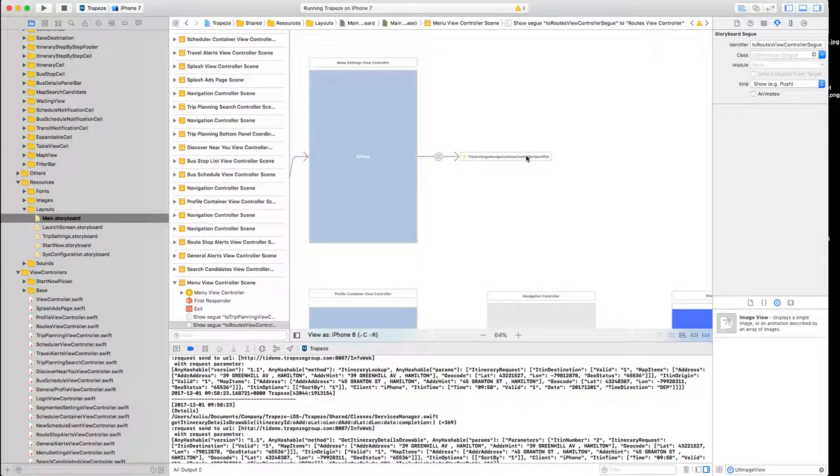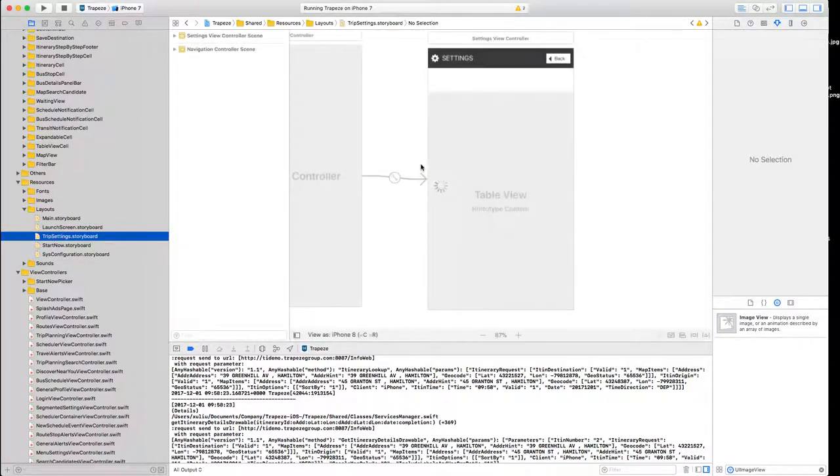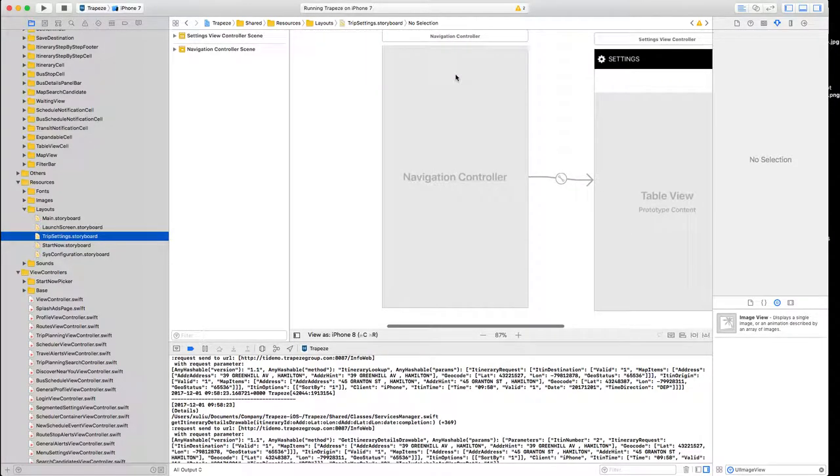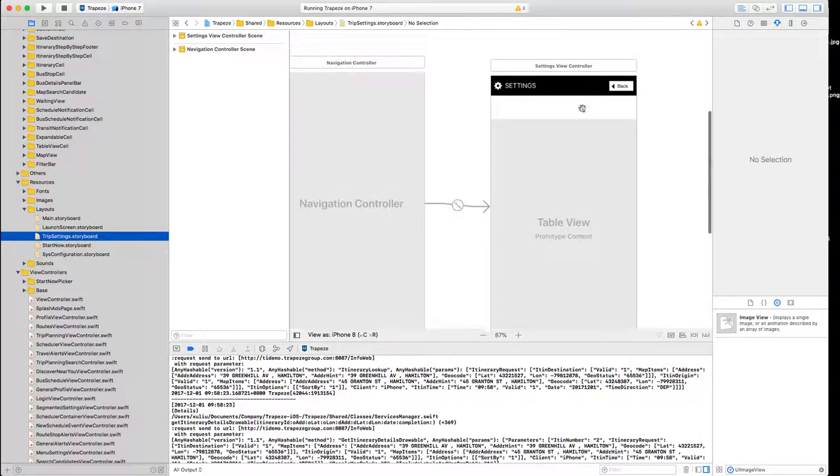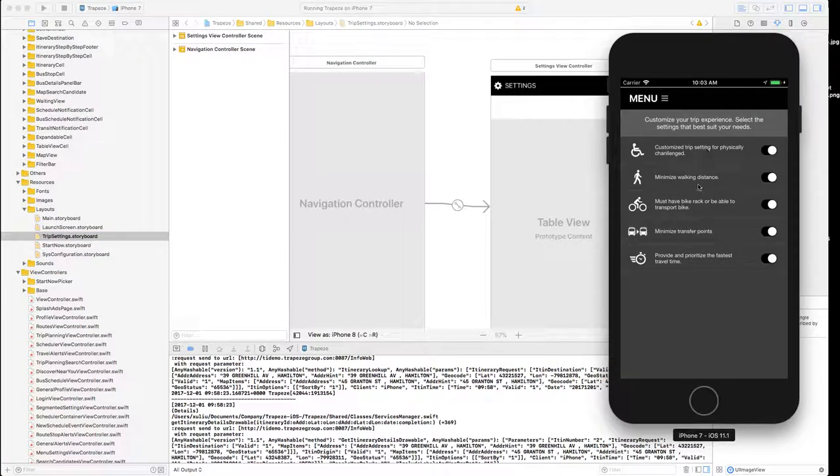So this one actually we just go to another storyboard. So which one is settings? This one. So we click this one, and then we will see this is the setting. This setting will be reused in the itinerary view. So that's why I just took it out and made a separate storyboard here. So where we see this, let me show you. This is one of the places,